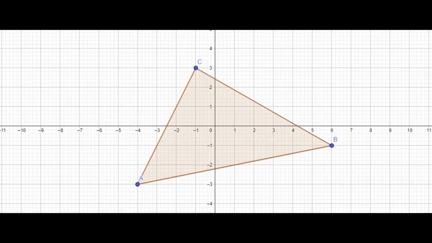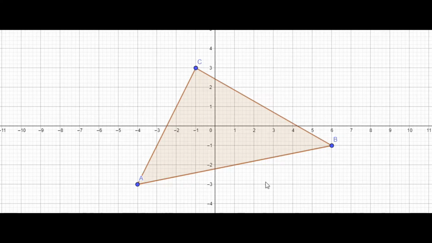Now you know what a centroid is? Centroid is the point which is inside the triangle, which is found by connecting all the medians of a triangle. And a median is a line segment which connects one vertex to the midpoint of the opposite side of the triangle. So if we are talking about side A, then the median would be a line segment starting from A and connecting to the midpoint of BC, because that is the side opposite to A. And a line segment starting from C connecting to the midpoint of AB would be another median of the triangle.